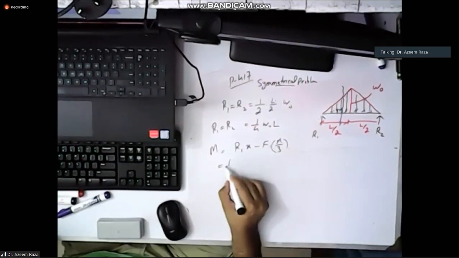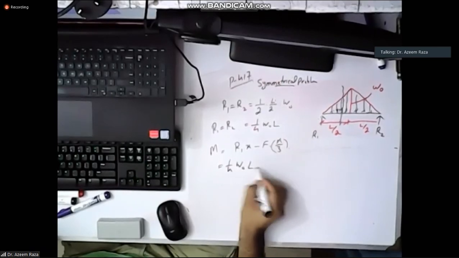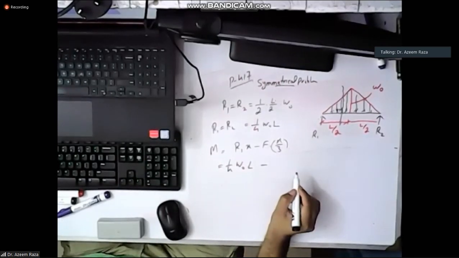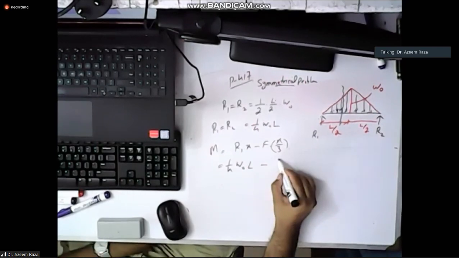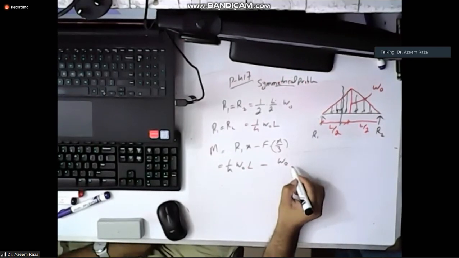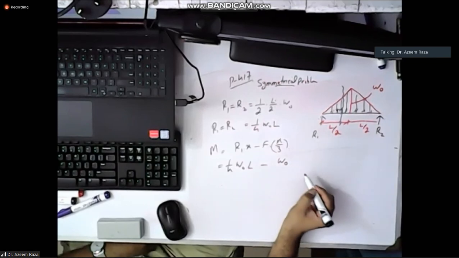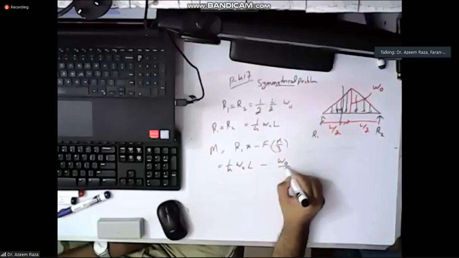So R1 is 1 over 4 W naught L, minus force. Force was W naught over, what was the force? W naught divided by 3, I think. No sir, L, W naught divided by